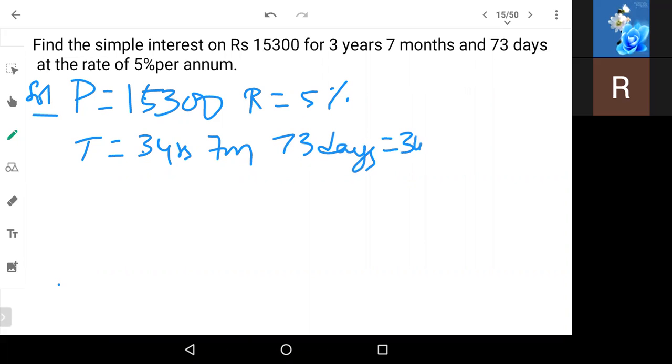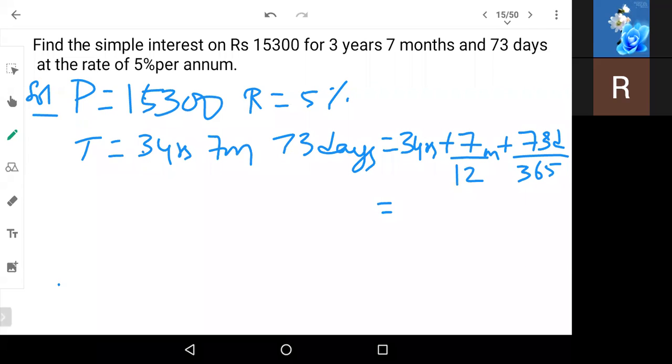So 3 years will be kept as it is. 7 months divided by 12. 73 days divided by 365 days. Now what you can do is you can just find the percentages and just add them. That will be the easiest way to solve this problem. So 3 years plus 7 by 12, how much do you get? 7 divided by 12, 4.58 years. Not 3 into, you have to add them. Don't multiply. So this will be 0.58 plus